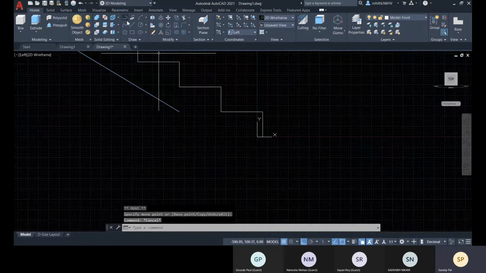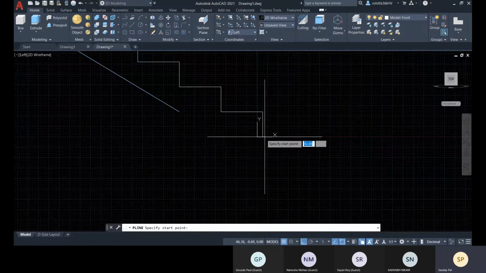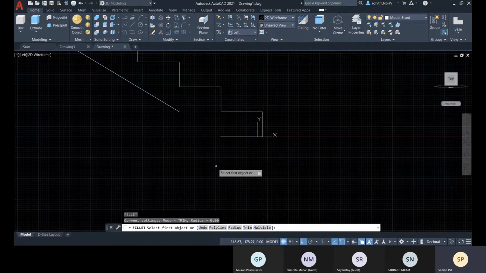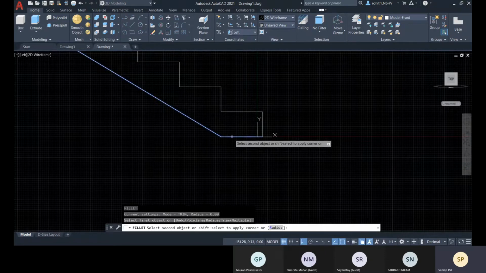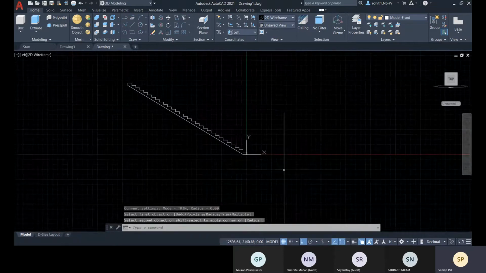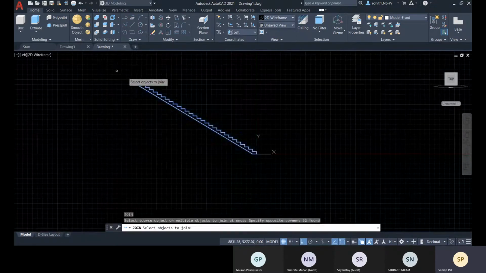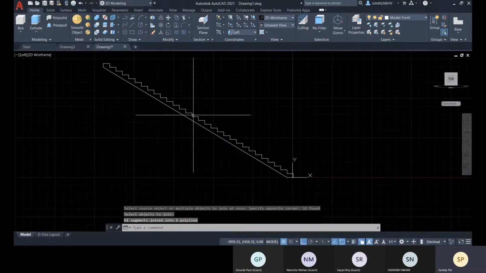Okay, and you can create a normal line, and with fillet, F enter, fillet with radius 0, you join these two and make it a single profile. So for this, J enter and select all of this, enter, join.